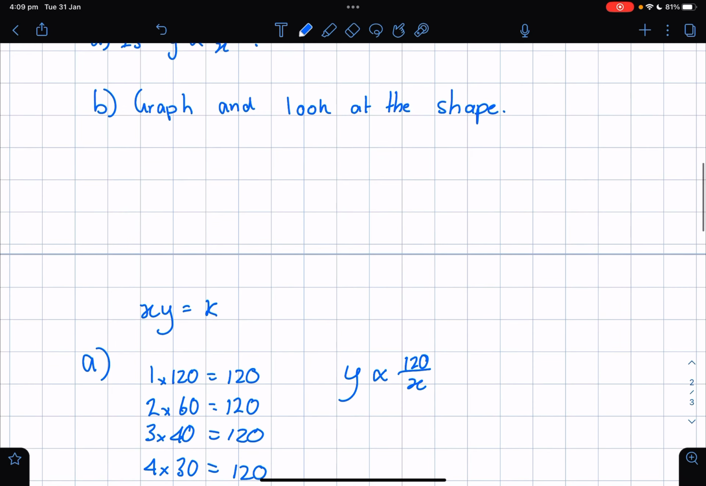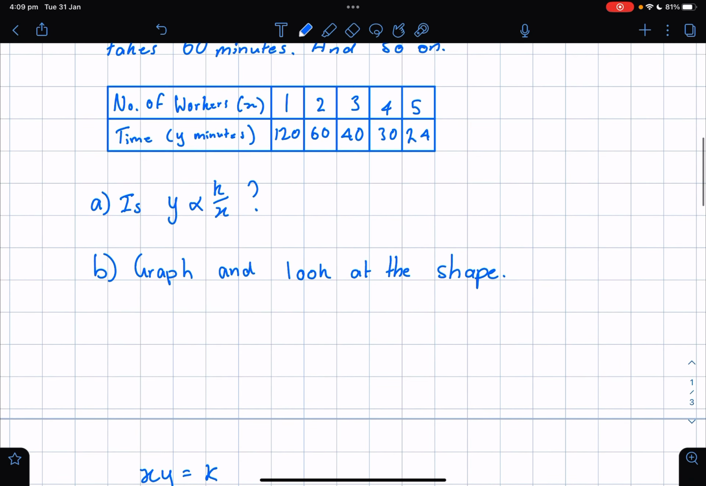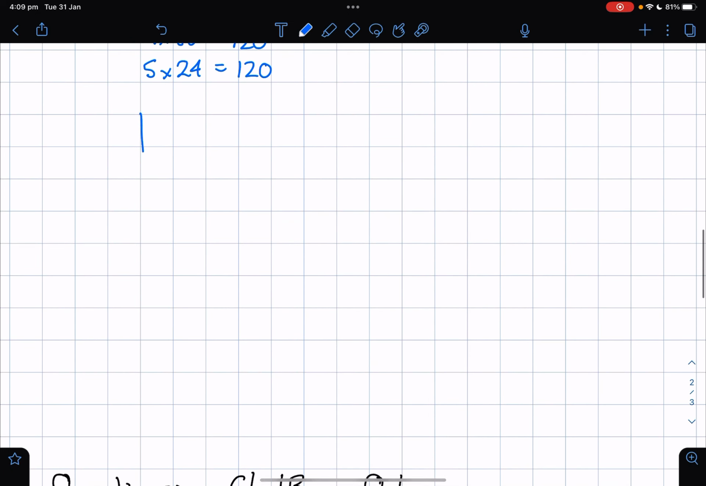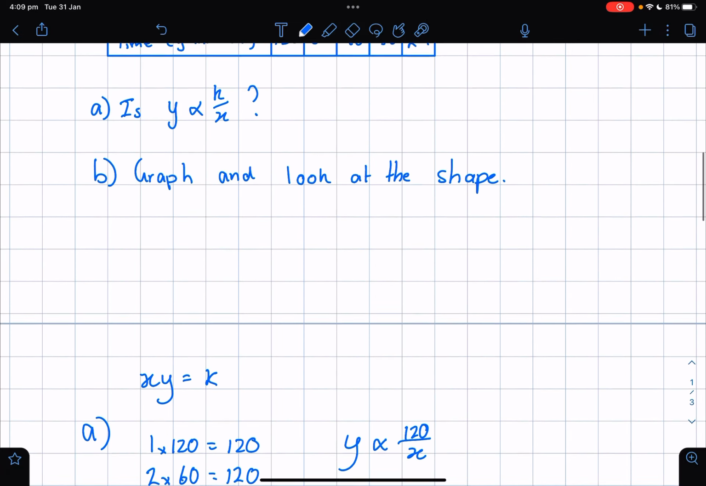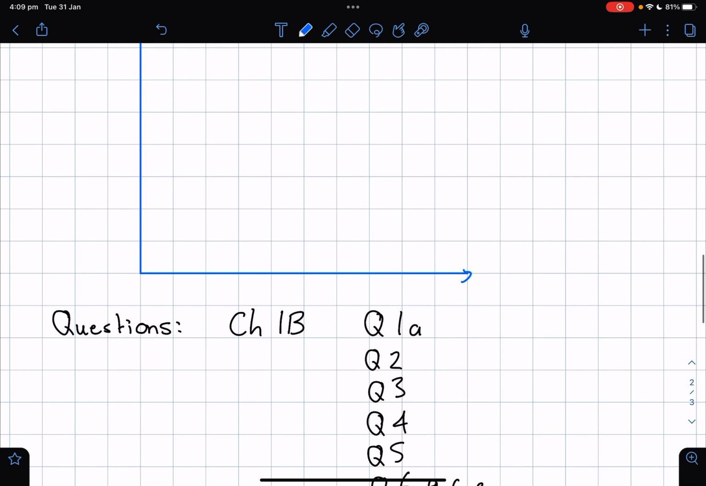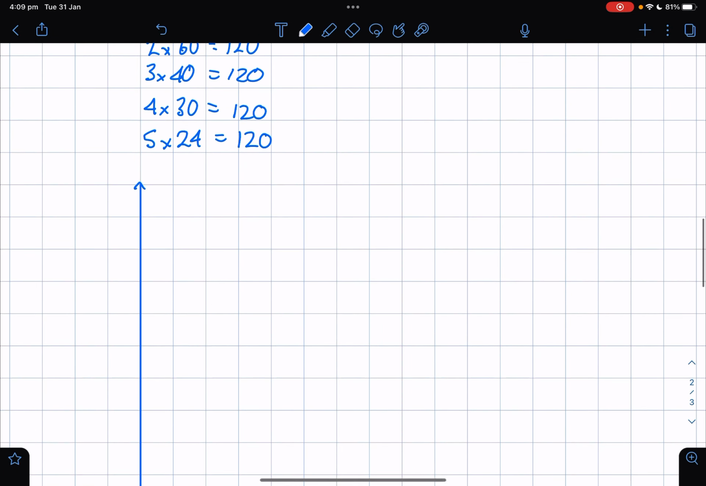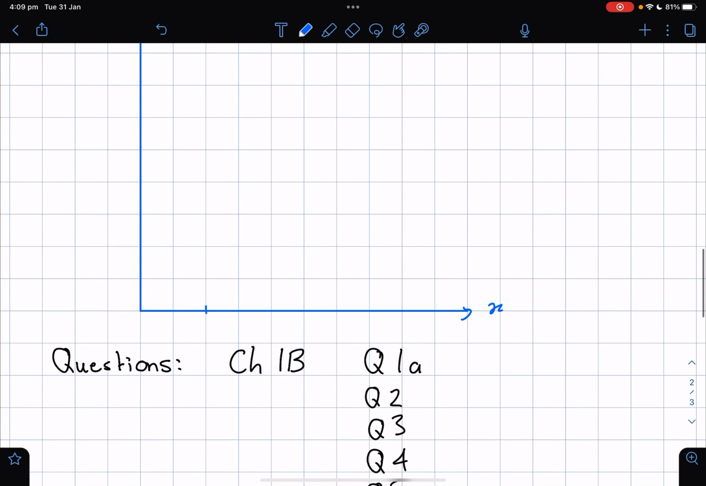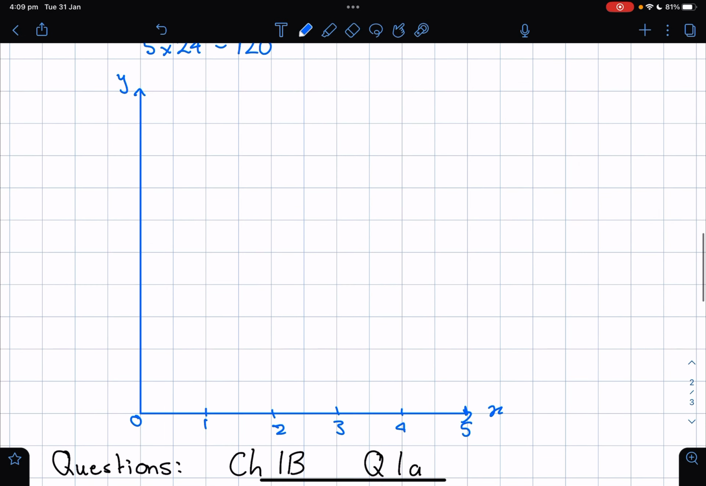Okay, so we're going to graph and look at this shape. All right, so let's put in our axes here and across. We've got from 1 up to 5. So this is x and this is y. 1, 2, 3, 4, 5. We'll push it a little bit here. And this is our origin. And we're going all the way up to 120. So I might go up 20, 40, 60, 80, we might go